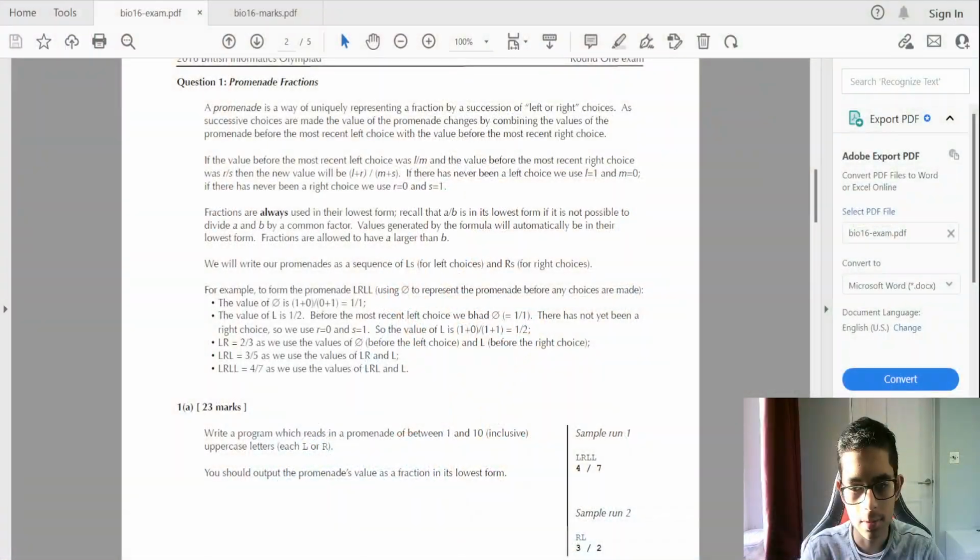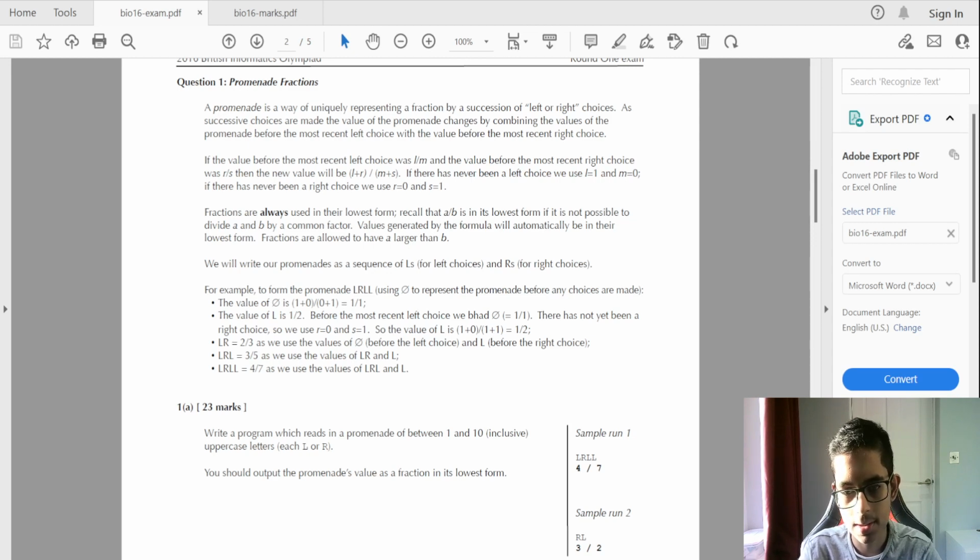Today we'll be looking at the 2016 British Informatics Olympiad, and we'll be looking at the first question. So let's just have a quick look at the problem statement. I'll let you have a quick read before I explain my understanding of the question. Okay, so pretty much what the question states is that